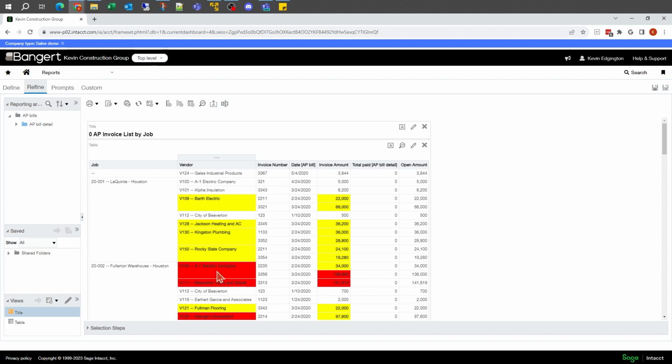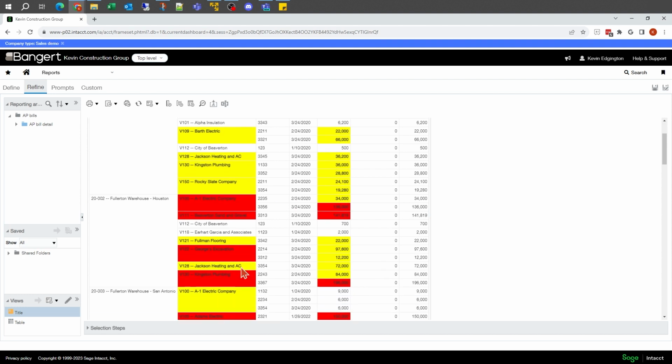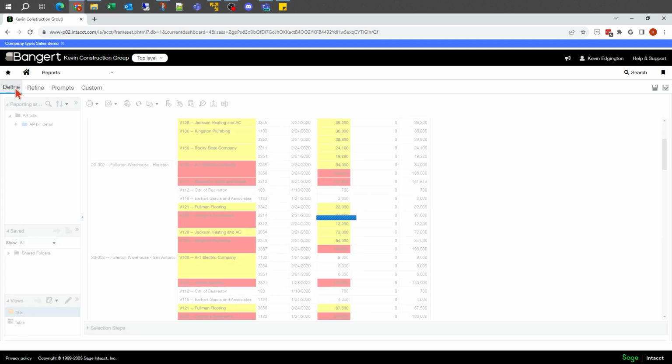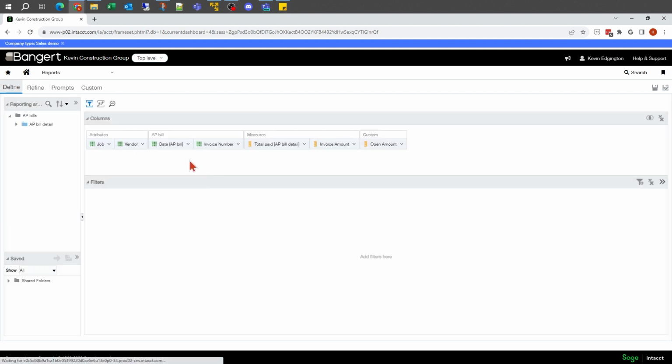This one's going to show a little bit different just for the fact that since I've got this suppressing it, if any one of them are over that, it'll show as that particular color. So that way you'll kind of see that the sum of those are over it. So it does do a little bit different on the group headings if you're not showing it on every single line. So in this case here, it's kind of looking at that as the total for that vendor is over 100,000. Versus if I went back and let's say I did not have this being repeated.